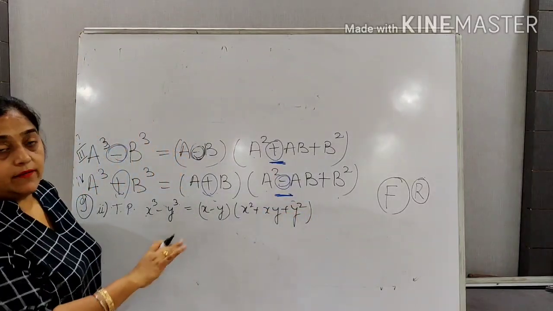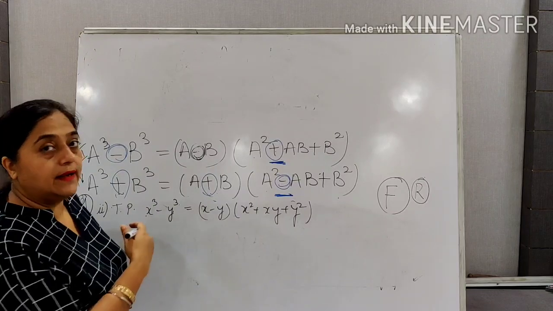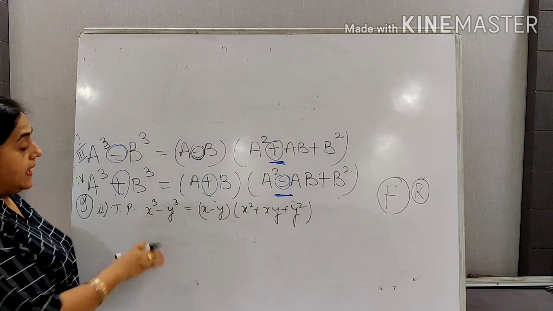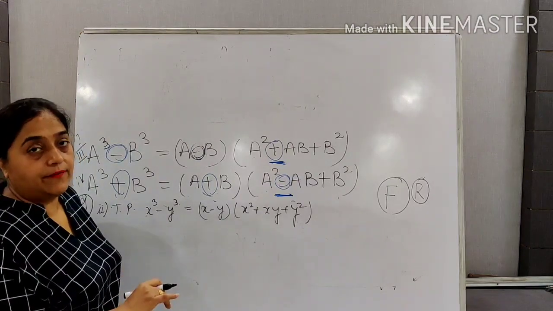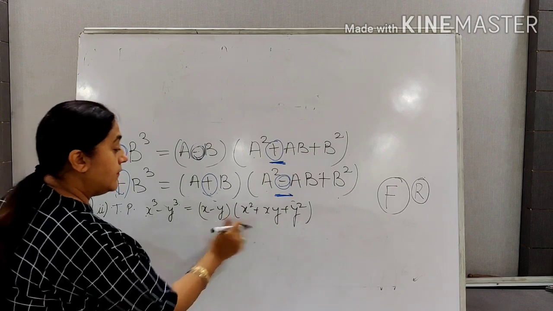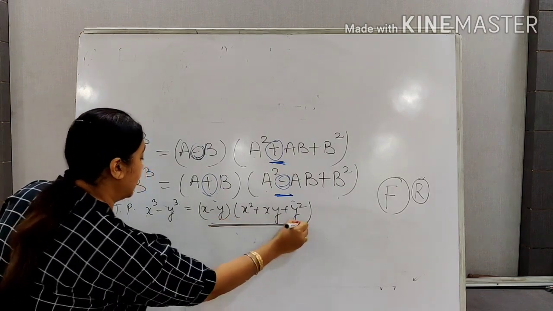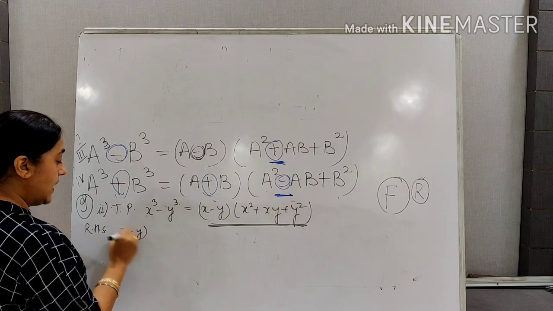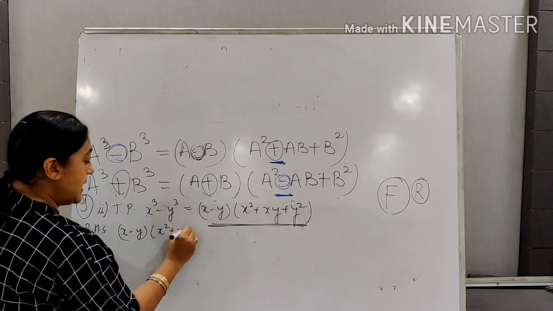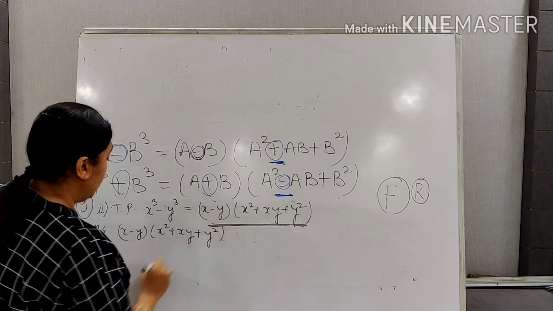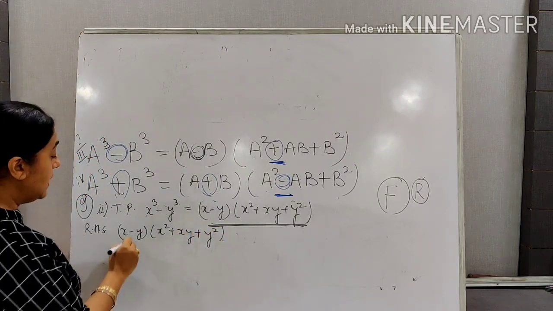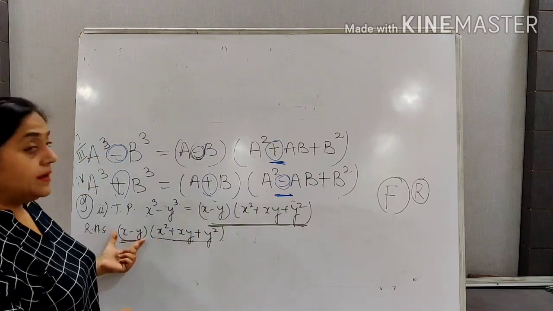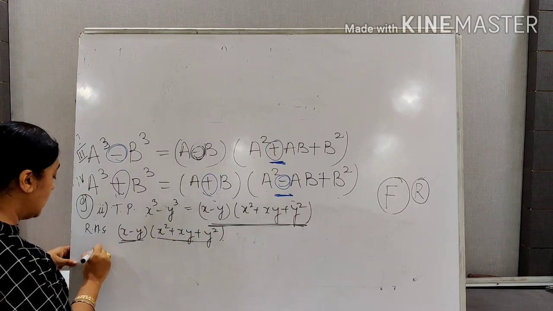All of you must be knowing that whenever we have to verify anything, we have to take left hand side separately and right hand side separately. So in this question, x cube minus y cube, our left hand side is in the ultimate form, but here we have the scope of solving this. Let us take RHS. RHS is (x minus y)(x square plus xy plus y square). You remember that you people have done in class 8 multiplication of a binomial with a trinomial. This is a binomial and this is a trinomial. So let us solve it.